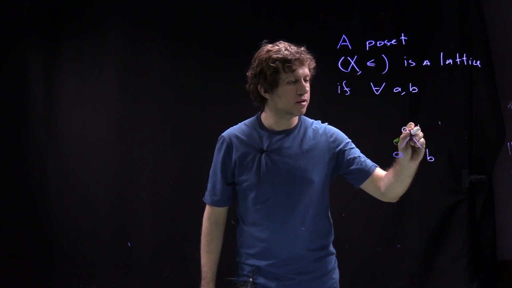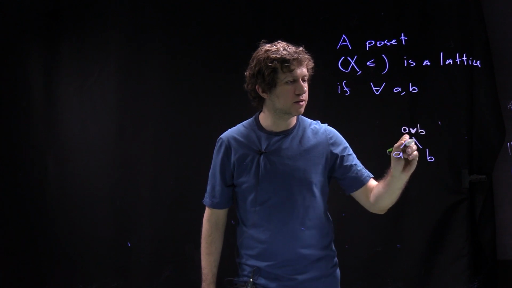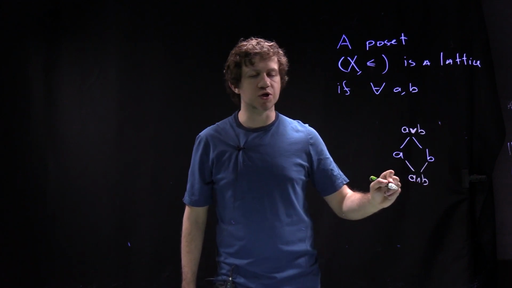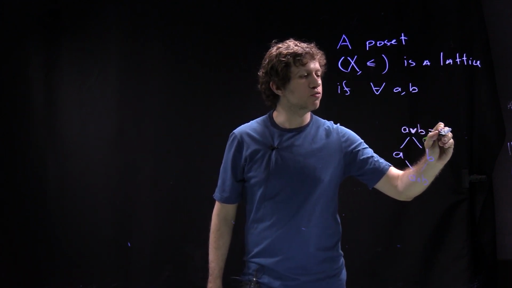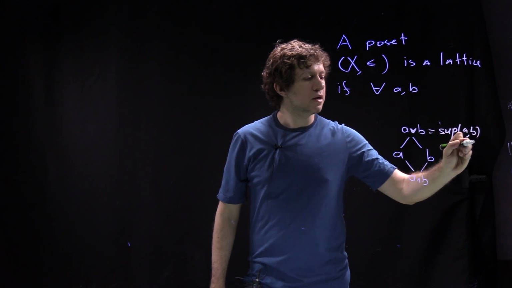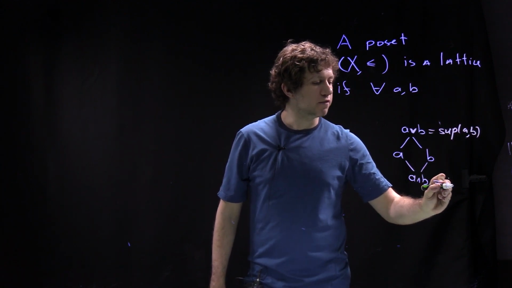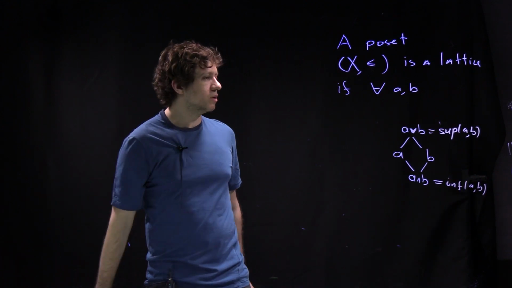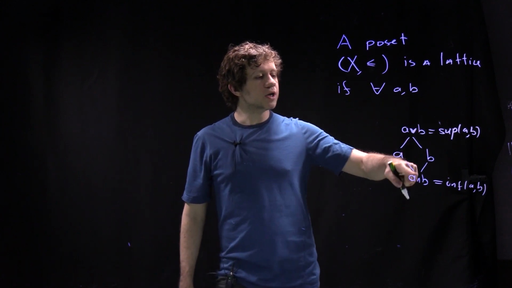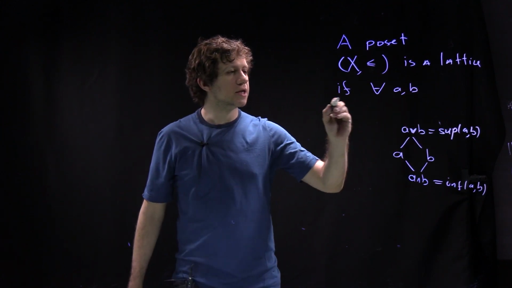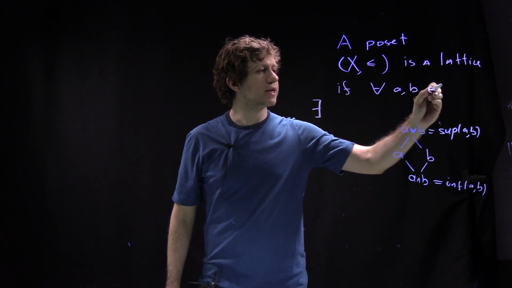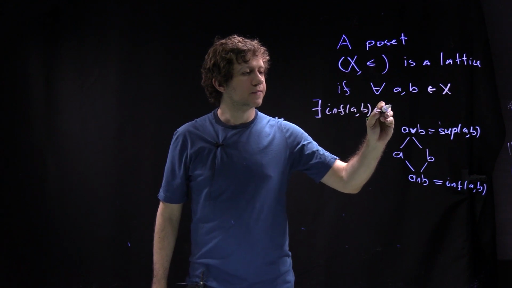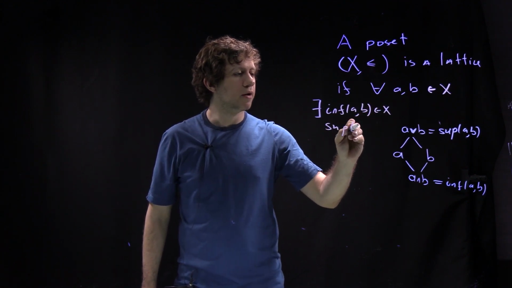It's denoted A ∨ B, and another element A ∧ B. This one is sometimes called the supremum of A and B, and this is sometimes called the infimum of A and B. And this has nothing to do with calculus, supremum and infimum. So what are these elements? For every A and B in X, there exists the infimum of A and B in X and the supremum of A and B in X,